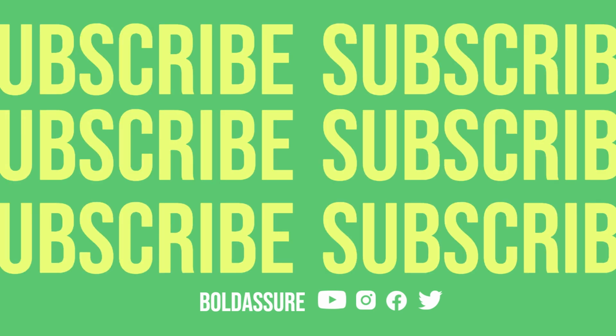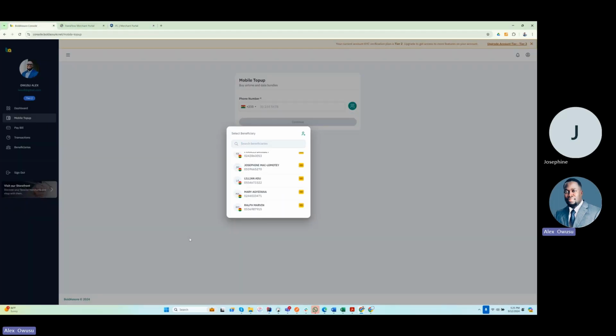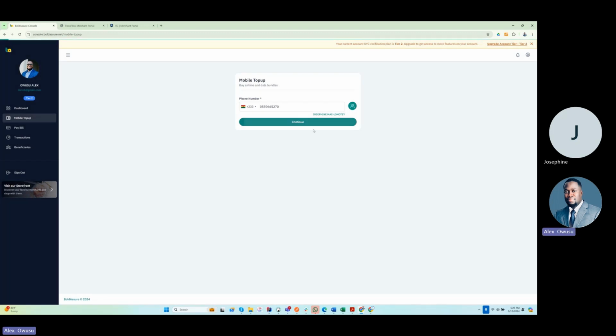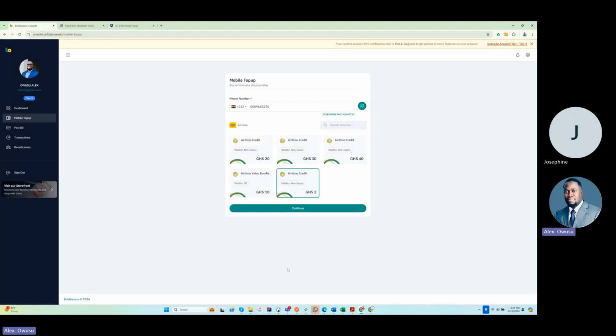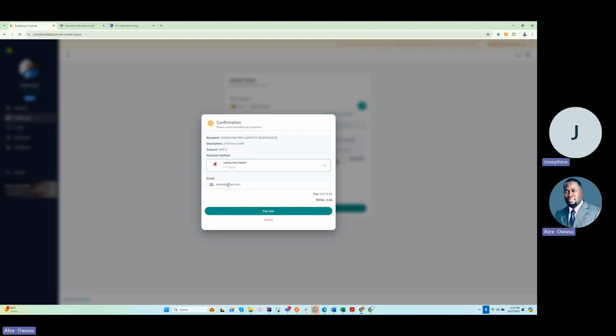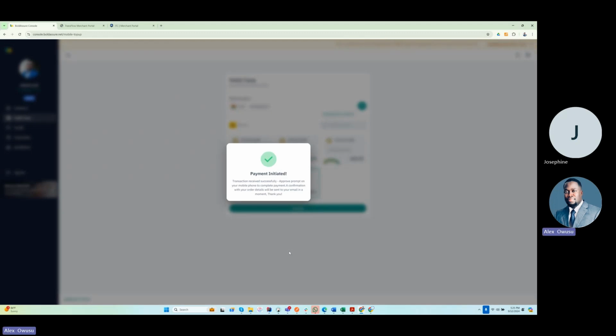water. So basically, if we come to BoldAssure and I find you and I search for 2 cedis airtime, right, I can approve with my Airtel Tigo number. Now, mind you, this is collections, right? Because we are collecting money. But this money, we are collecting it on behalf of ourselves, Zartek. Because the airtime account is for Zartek, not a merchant. So these funds will come to Zartek, right? Okay. So if we get this transaction approved,